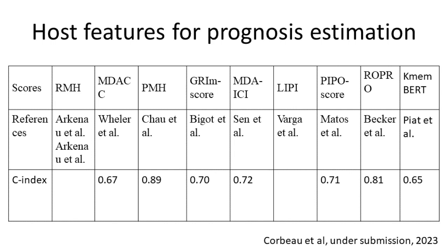So you see that there are a lot of them. The one that we use mostly is the RMH, which stands for Royal Marsden Hospital score, and is based on, for example, albumin level, LDH level, and the number of metastatic sites. And you see that most of the scores are quite similar, and have a concordance index. The concordance index is a performance score between 0.6 and 0.9 for some, but it's mostly around 0.70, which is quite good, in fact, but maybe not so good